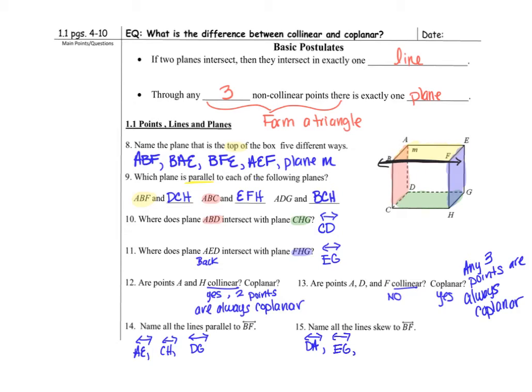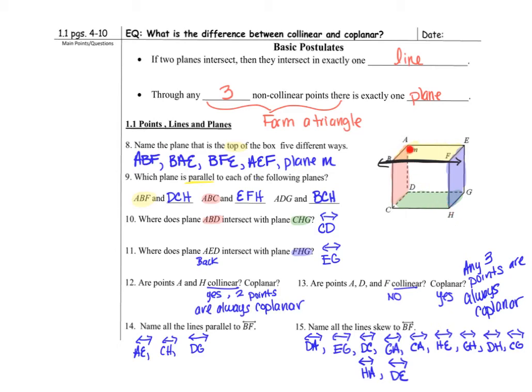There are 9 more lines that are skew to line BF. So see if you can name them all. Okay, something you may not have thought of were the diagonal lines. So if we look at